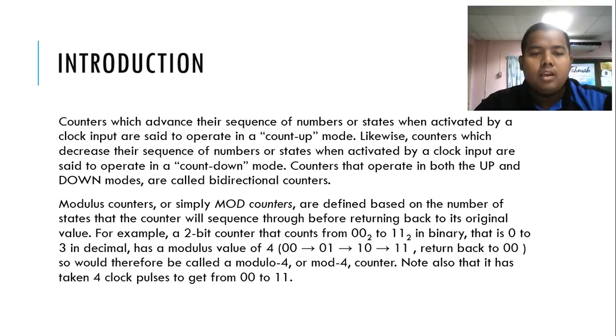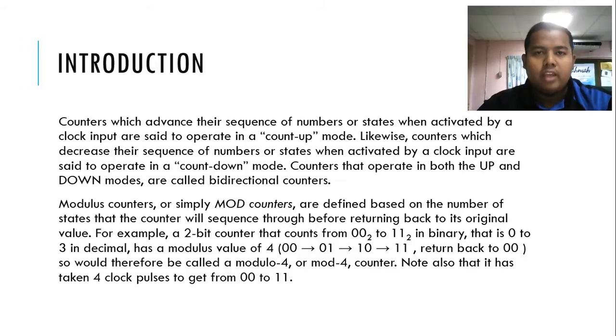For example, a 2-bit counter that counts from 00 to 11 in binary, which is 0 to 3 in decimal, has a modulus value of 4. 00, 01, 10, and 11, then returns back to 00. So it would therefore be called a modulo 4 or mode 4 counter. This also takes 4 clock pulses to get from 00 to 11. So this is a simple brief